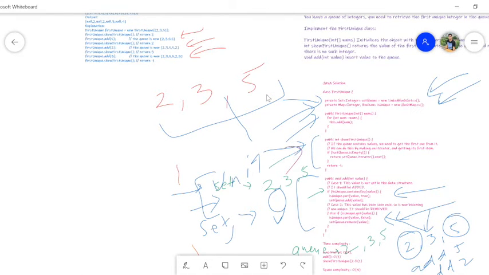It's a simple solution. We use one set, one map, and then we basically maintain whether it's a unique element or not in a hash map. Based on that, we add or remove from the queue itself. If it's a unique element, we add it into the queue. If it's not a unique element, we remove it from the queue. That's all.